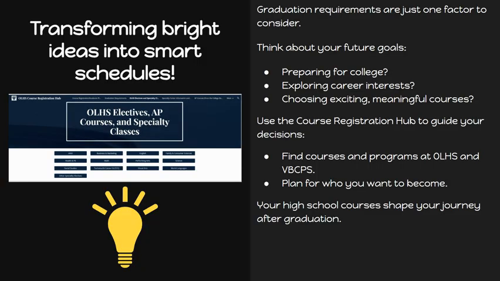So far, we've talked about one factor that should influence your decisions when you choose your classes, your graduation requirements. But your diploma requirements are just one factor to consider. We also want you to think about what courses will help you become the person you envision in the future. If you're planning on applying to colleges or universities, you want to think about what classes will help you become better prepared for that next step,